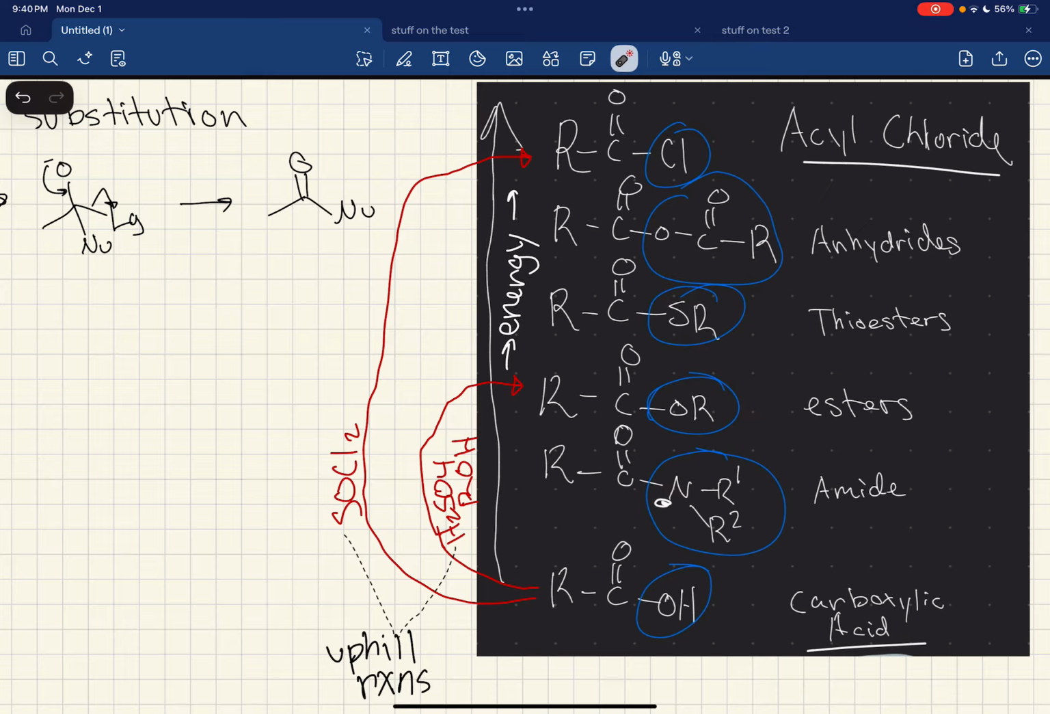The exceptions are first SOCl2, which is going to bring this OH bond all the way to the top, which is fantastic in synthesis reactions. If you have a carboxylic acid to start and you need to form something that looks like this, you can always start with the SOCl2, which will bring it all the way back up, and then you can do that downhill reaction to bring it that way. And then there's this one,